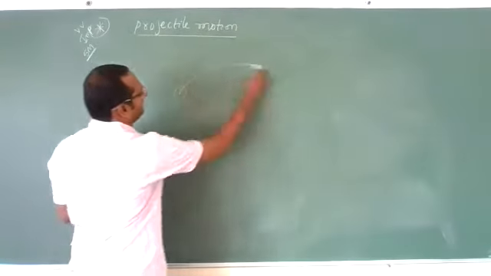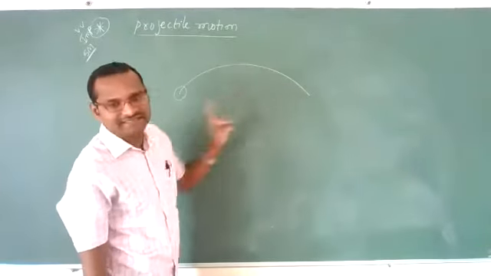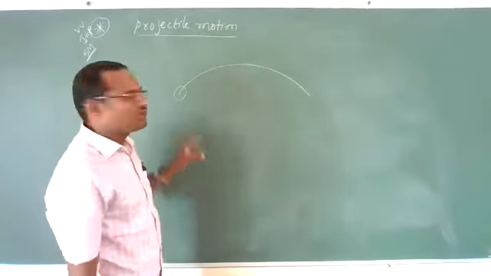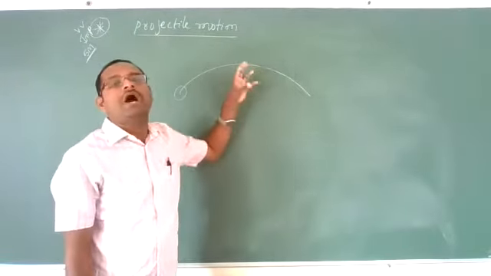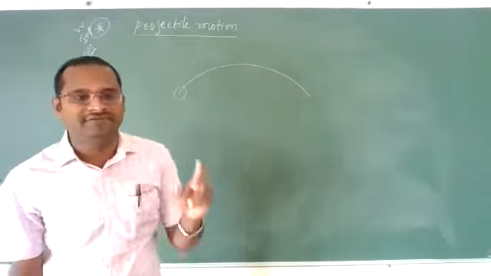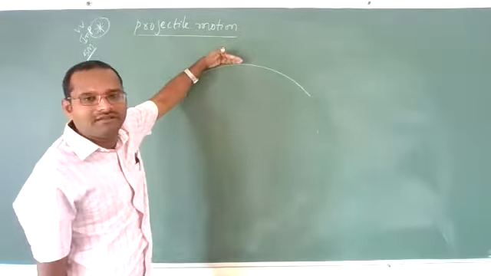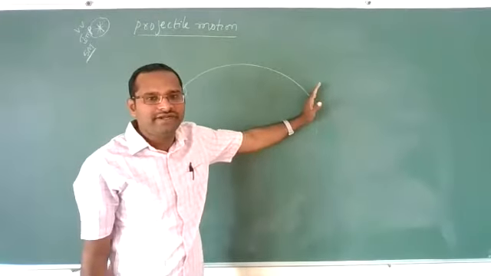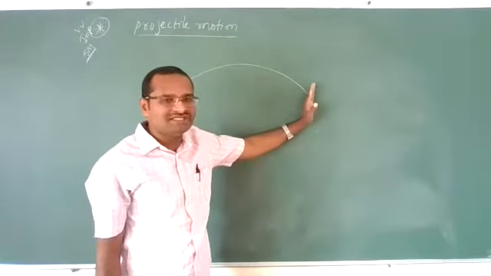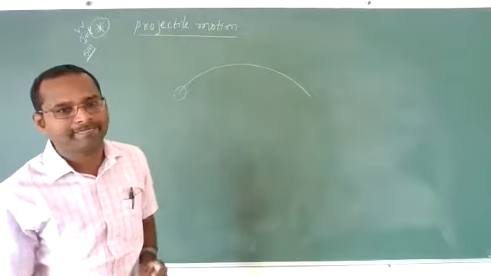If you throw a ball, it will go in a parabolic path like this. In this motion, at each and every instant, we need to discuss the velocity of the particle, how much maximum height it can reach, how much distance it will cover, and how much time it will take to travel this distance. These are all the things we need to find.